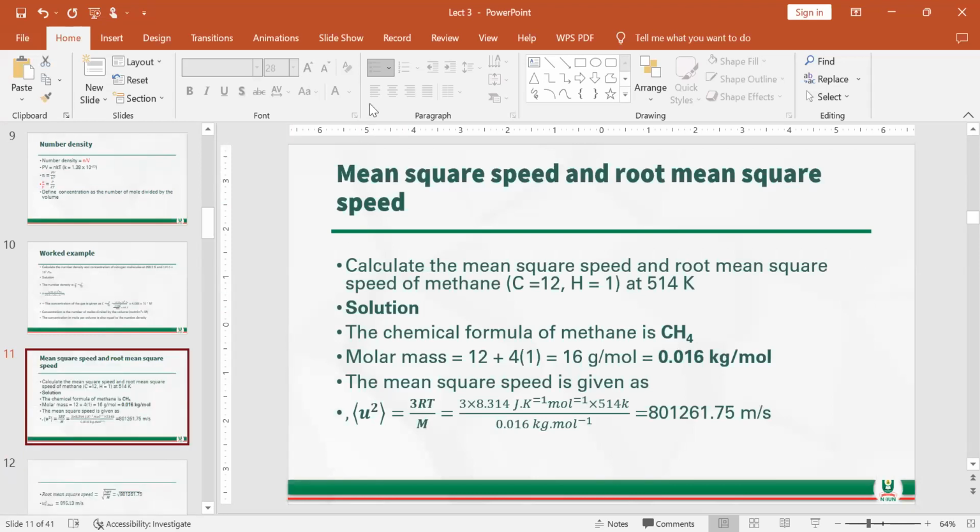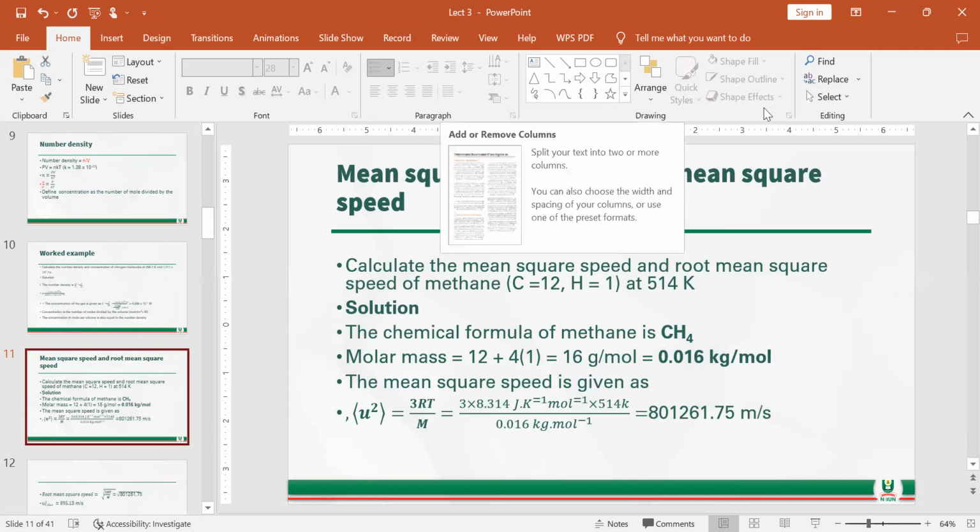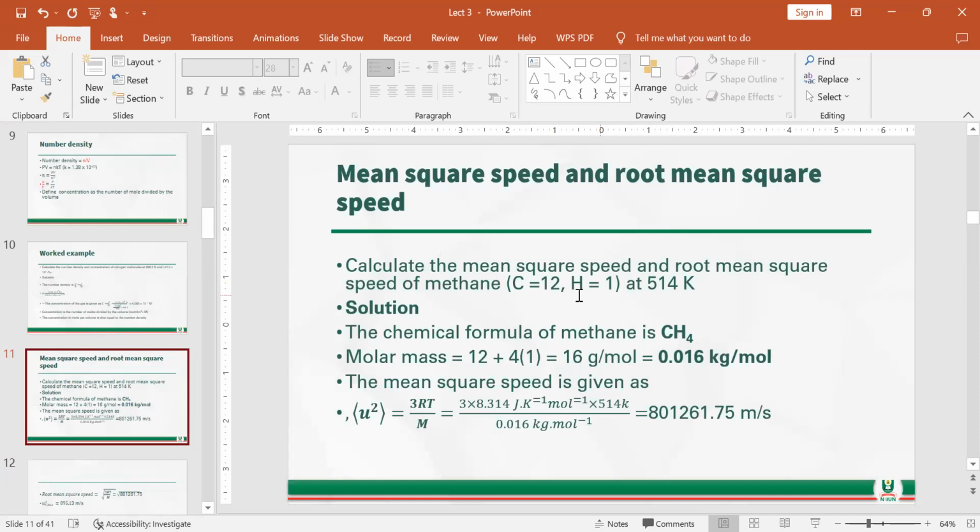So mean square speed and root mean square. What is mean square speed and root mean square? Calculate the mean square speed and root mean square speed of methane. So the formula for methane is what? CH4. So carbon, temperature is 514 Kelvin. So molar mass of this compound, methane, CH4, is 12 plus 1 times 4, which is 16 grams per mole. When you are talking per mole, you divide it by 1,000 to get kilogram per mole. The mean square speed is given as 3RT all over